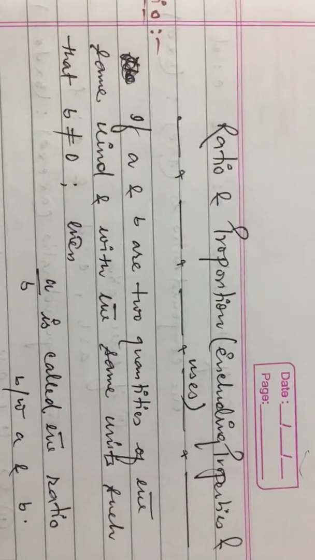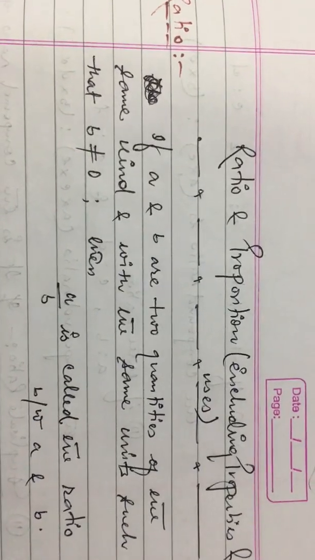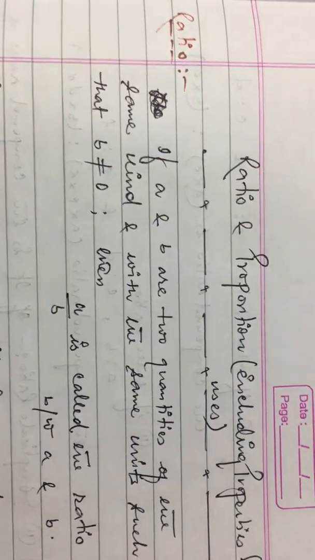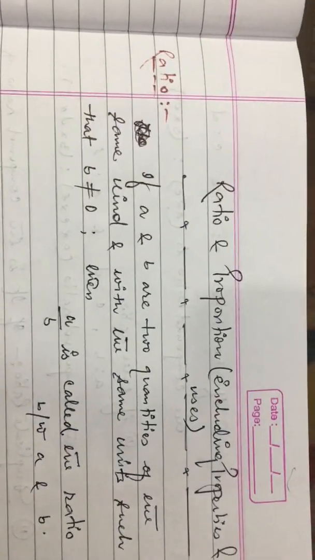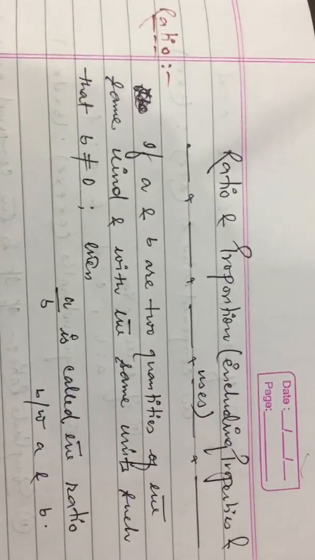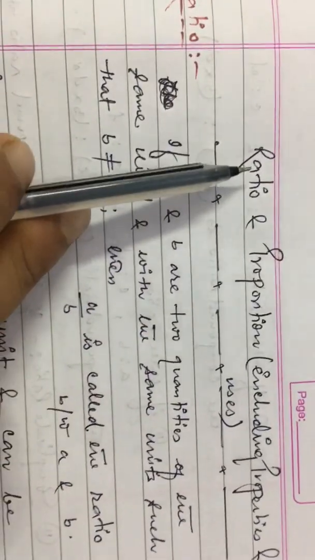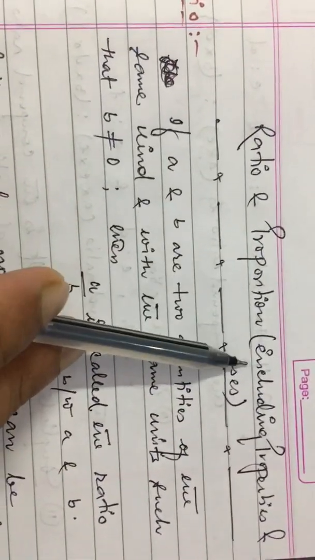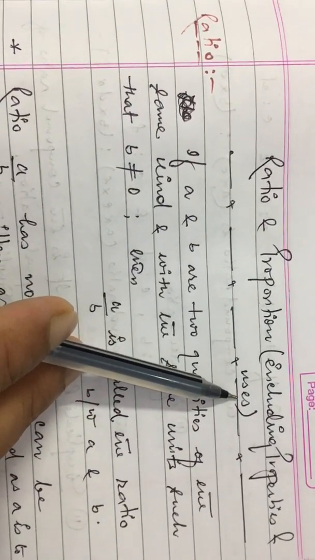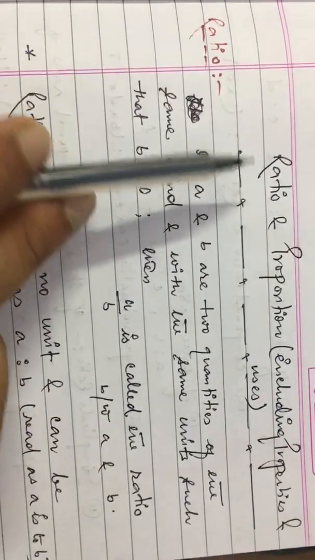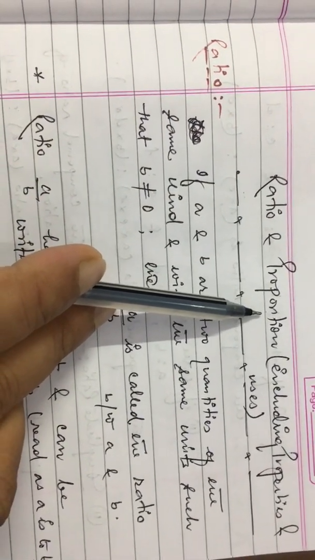Today I have to discuss the new chapter, that is ratio and proportion. Basically in this chapter we have already studied in the lower standard. But you can see here, in this chapter we have to study its properties. It is mentioned here, ratio and properties, including properties and its uses. Today I have to discuss only the ratio part. In the next class we will discuss proportion.